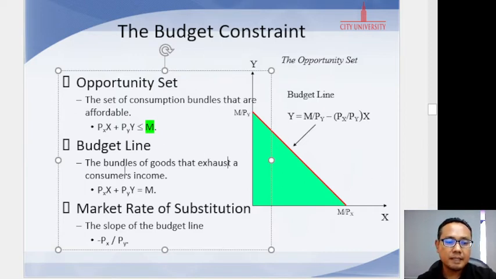So the bundle of goods you can see here is the budget line. In other words, the budget line defines all the combinations of goods x and y that exactly exhaust the consumer's income. It is useful to manipulate the equation for the budget line to obtain an alternative expression for the budget constraint in slope-intercept form. So if we multiply both sides of the budget line by